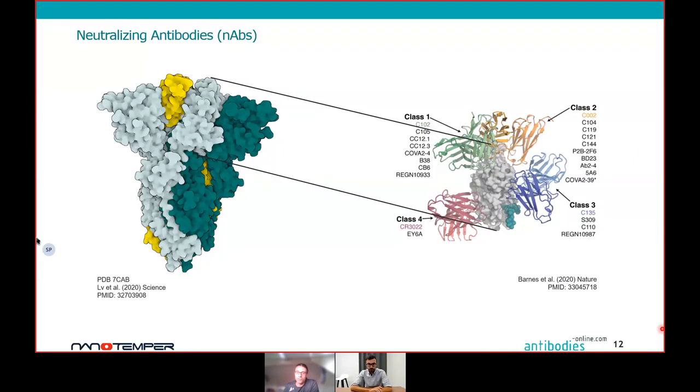In contrast to class 1, 2, and 3 antibodies, there's a fourth class of S protein antibodies, indicated here in red. These class 4 antibodies are characterized by the fact that they bind in none of the three other sites of the other classes. They also do not contact any residues that bind directly to ACE2. One of these antibodies is the neutralizing antibody CR3022, indicated here.